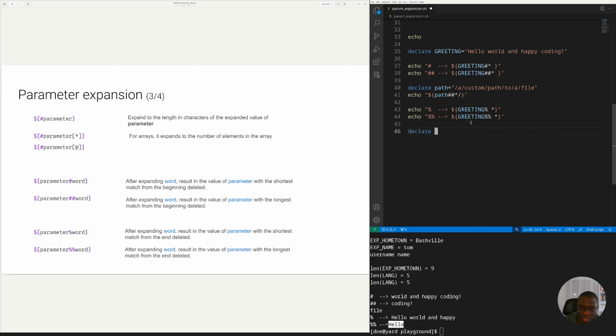Let's say we have a file name with some extension, let's say data.png, and we want to trim the .png part, and we want to remove the extension from it. Or maybe a little bit more useful one